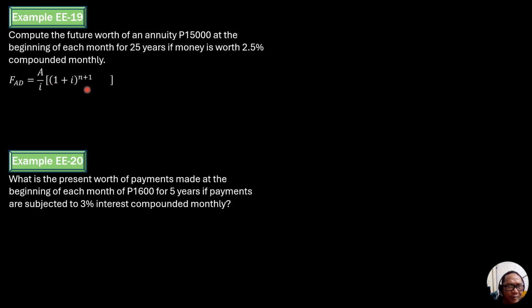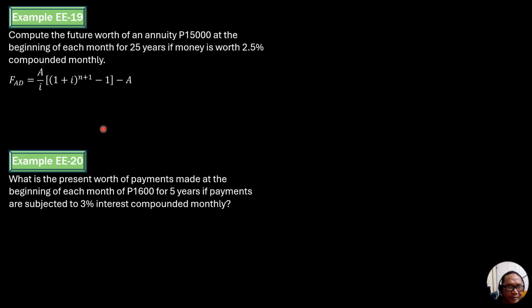A over I, quantity 1 plus I to the n plus 1 minus 1, then minus A, because this is a problem on annuity due. So remember that we have to fill in the end period because it is vacant, and we should neutralize it by adding A above. So there will be n plus 1 equal payments. That's why we have to subtract A, because the number of payments is added by 1. And same formula, we just adjust by replacing n by n plus 1.